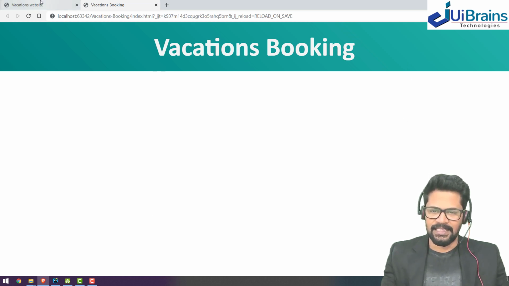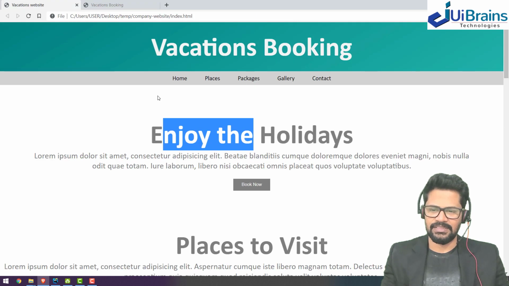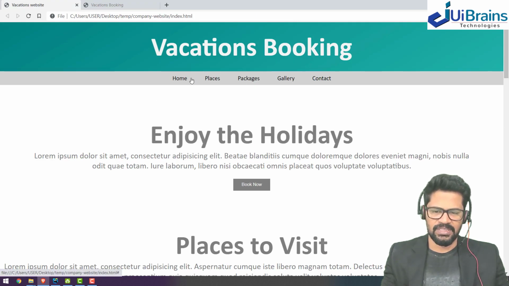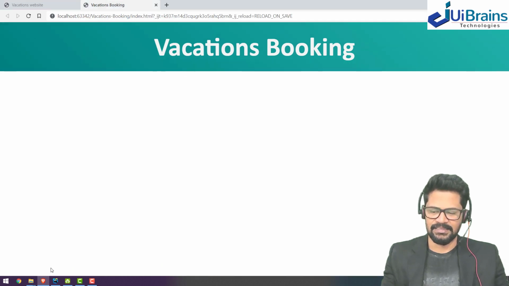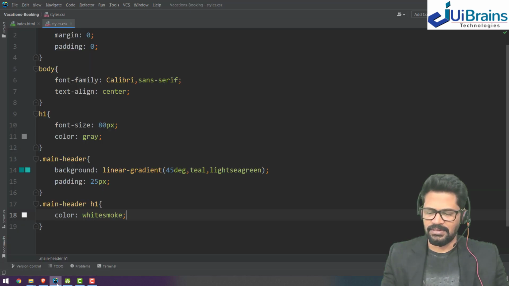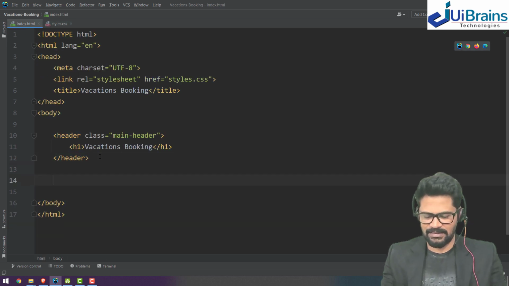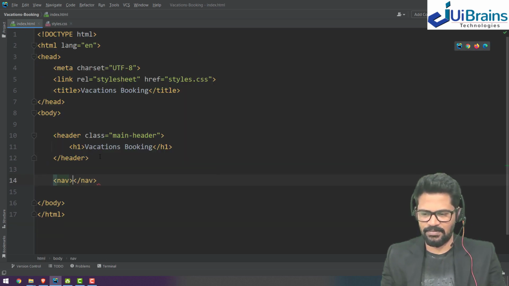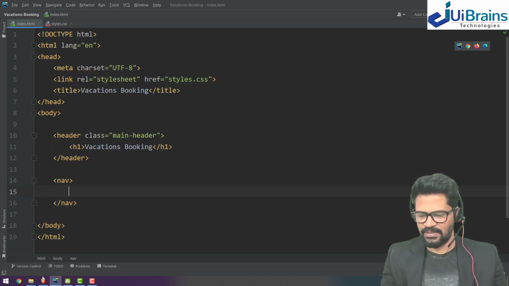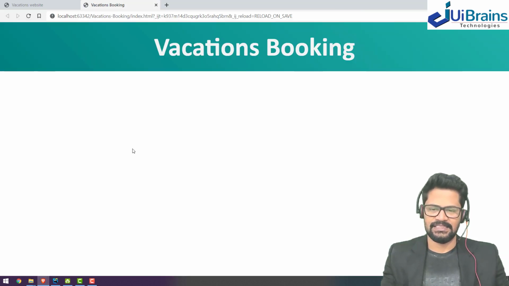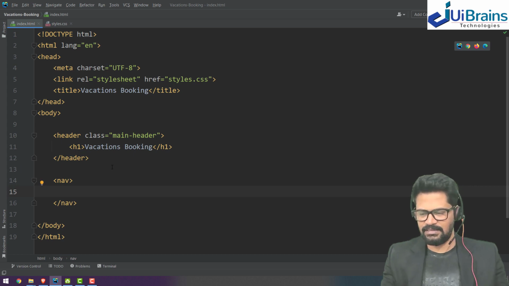Fine. And below this, I also have a nav bar with some hover effects. So let's start with a nav bar under this header. So let's jump into HTML. Let's add a nav bar. Okay. So in this, we have links, right?